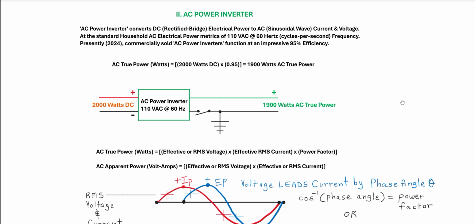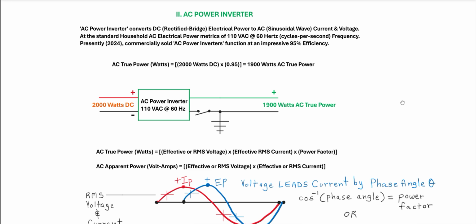So presently in 2024, commercially sold AC power inverters function at an impressive 95% efficiency. A lot of research and development has come a long way, even in the last 5 years, and the prices have come down substantially. So overall, the most expensive component comparatively to the solar panels is the AC power inverter, and the installation costs more or less. A lot of these are subsidized, but anyway, if we get down to the practicality,